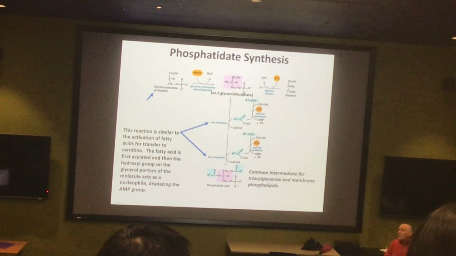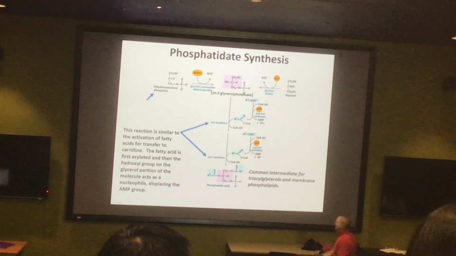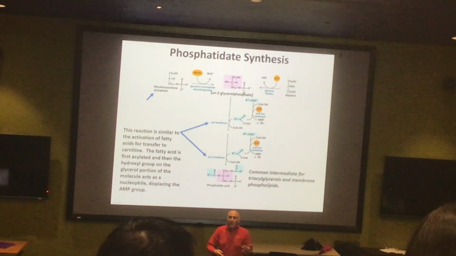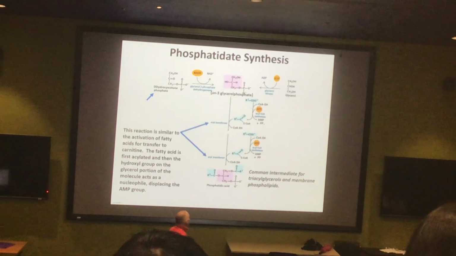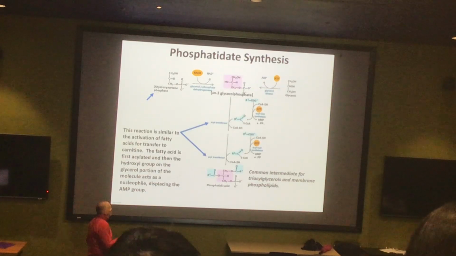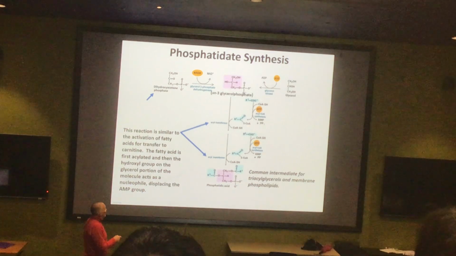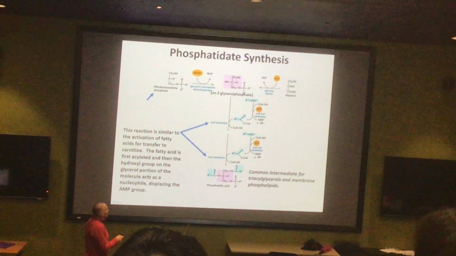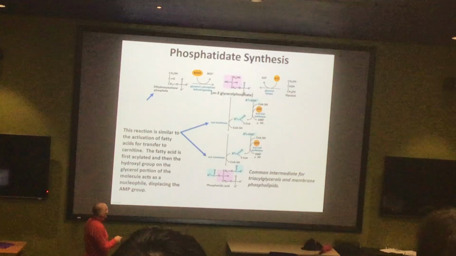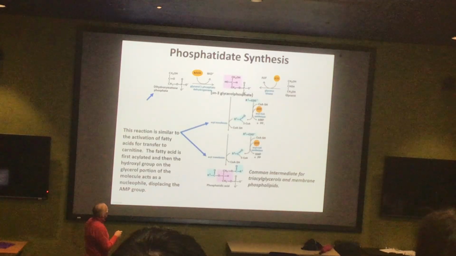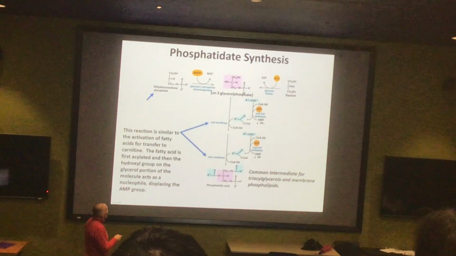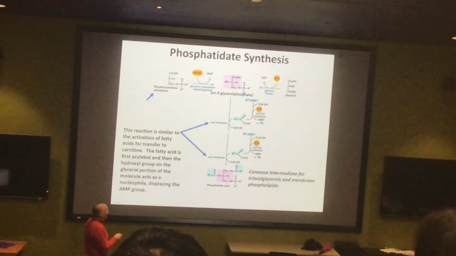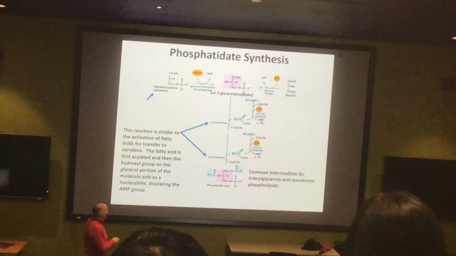Then you need an additional investment of energy for the attachment purposes, but again, that's not a surprise. You know exactly what's happening here. We need to make a better leaving group, so for each one of these we need to attach to CoA. Then in this case, this requires the AMP leaving group. And then we just have the nucleophilic attack of these hydroxyl groups on the acyl groups of fatty acids, and this gives us the phosphatidic acid here.